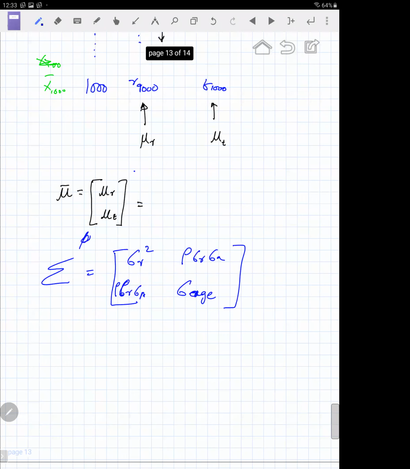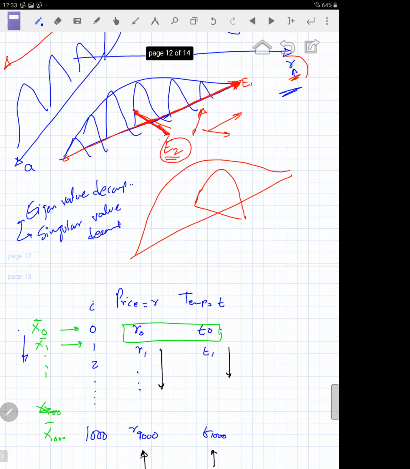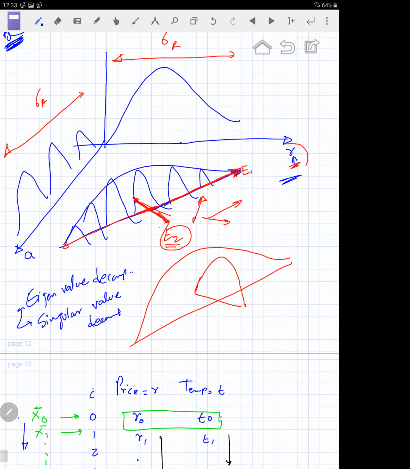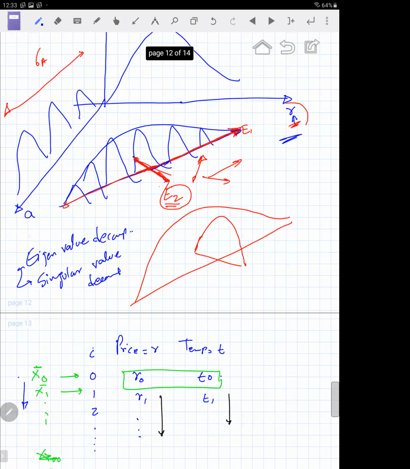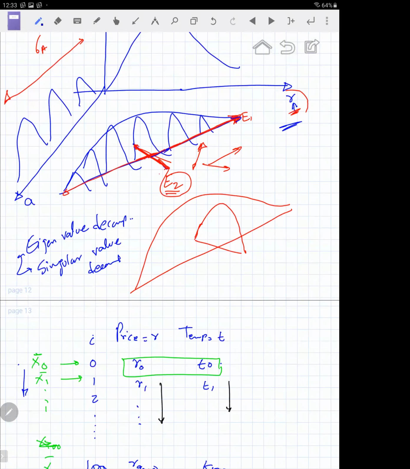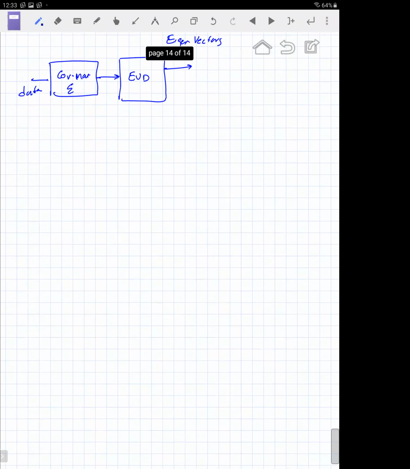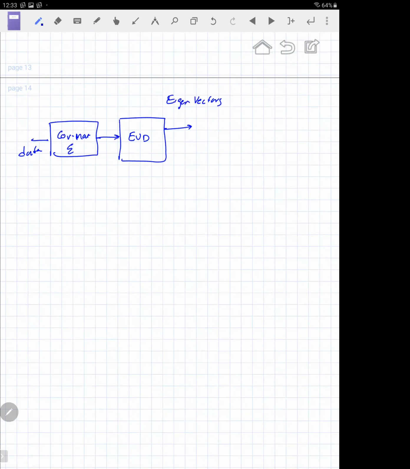And the eigenvectors are basically the direction in which most of your information is located. In fact, not most of the information, but the orthogonal or the uncorrelated directions of your underlying data. So in this case, we have two-dimensional data, so we have two orthogonal axes, but it could go to multiple. For 20-dimensional data, you would have 20 eigenvectors, and then you have something called eigenvalues.